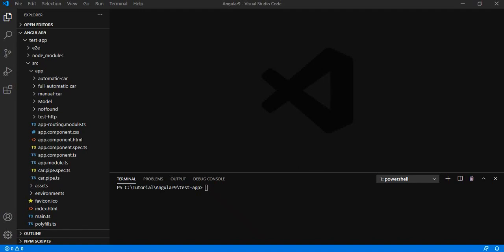In this video, we will learn about the Angular Router class for navigation from your component classes. We have two methods, router.navigate and router.navigateByUrl, and both return a promise that resolves to true if the navigation is successful, null if there is no navigation, and false if the navigation fails.